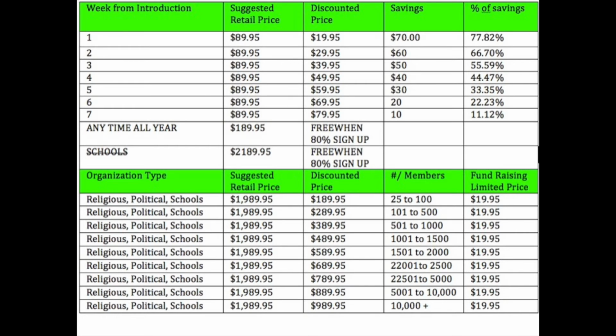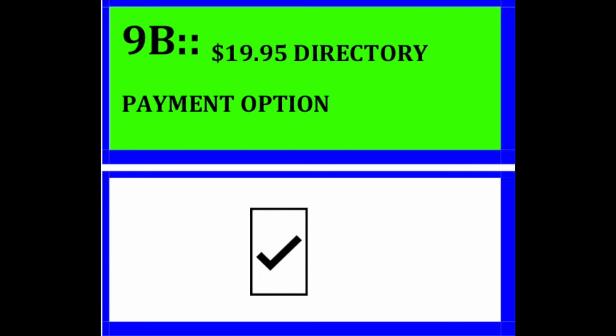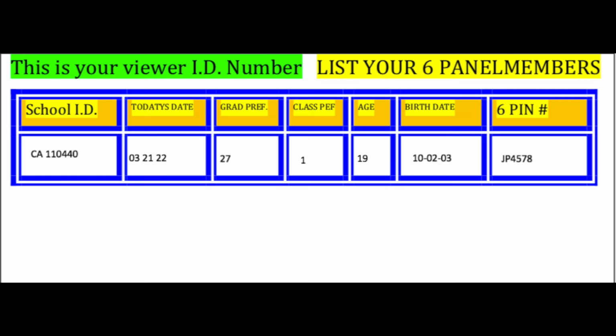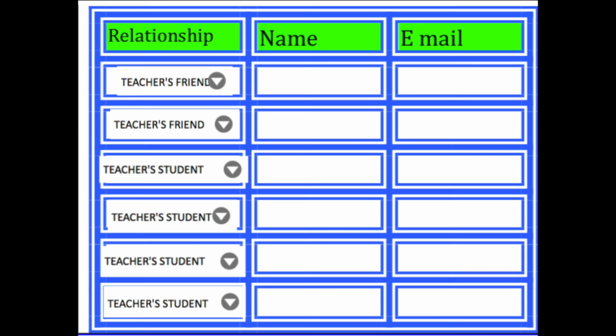Your viewer ID number should automatically appear in the 7 boxes below where indicated. Beginning next to your viewer ID number are the 6 boxes for your selected panel members. Remember to check with the people you select as your panel members and get their consent to be a selected panel member, who will enter into short opinion rendering discussions after each episode.